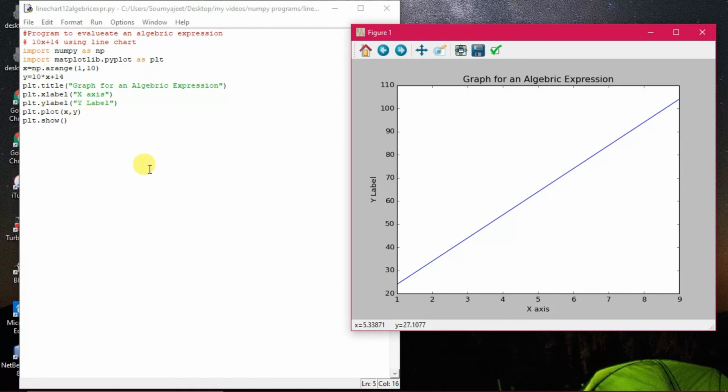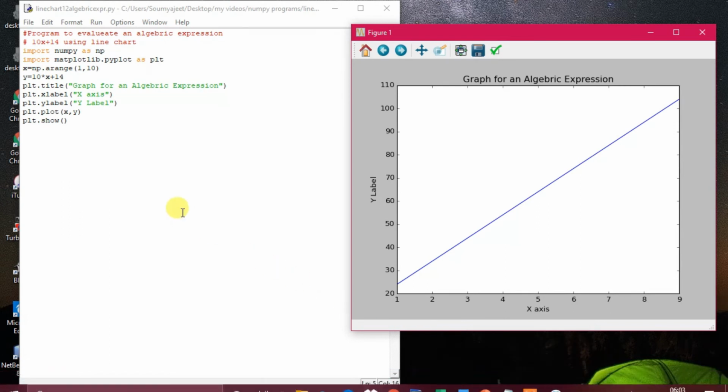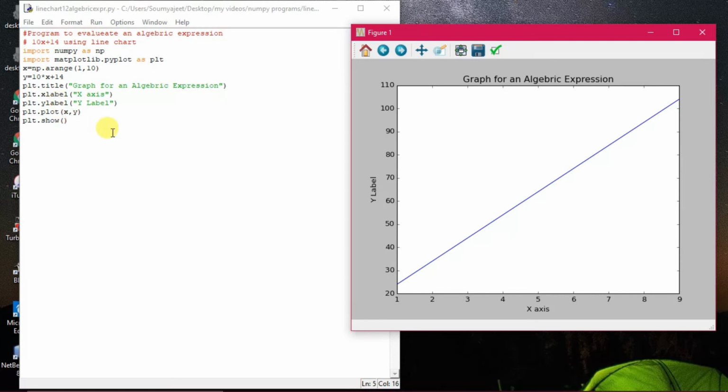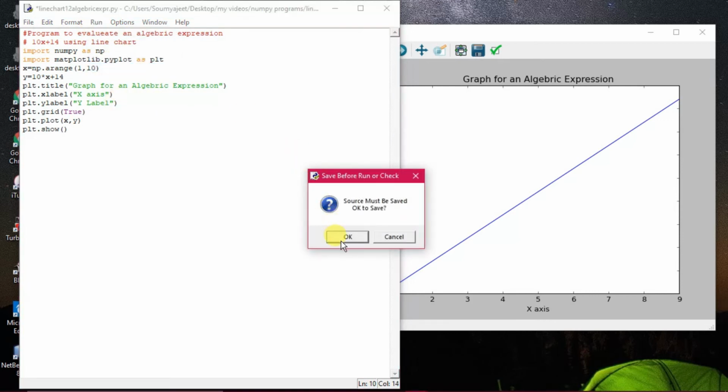Plt.plot also has been used out here. Okay, and plt.show is also there as usual. Title, x label, y label is also plotted out here. That is the thing. All right, and if you give out here plt.grid, that also can be done. plt.grid within brackets True, that is also the way that can be given out here. So in order to draw the program properly. All right, so now let us see.